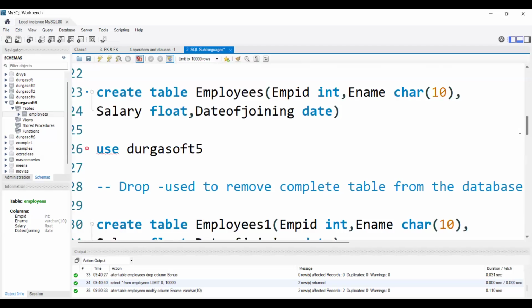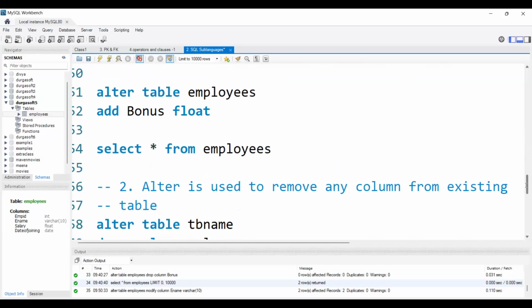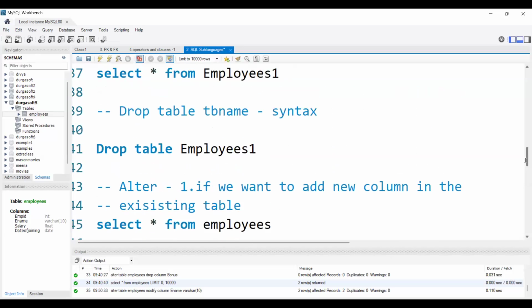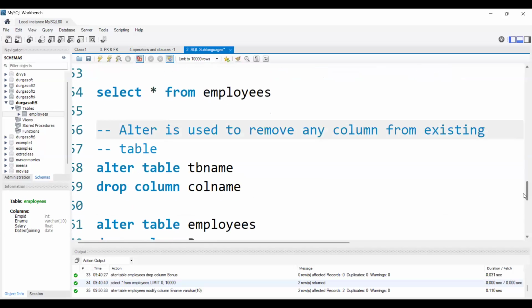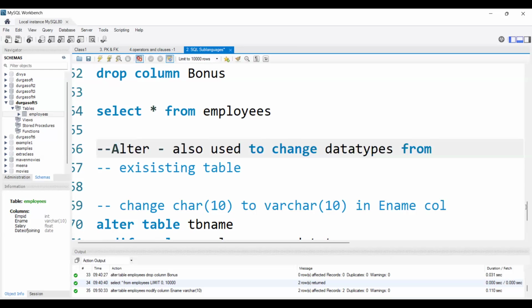The second use case was removing the column. The third use case inside the alter command is to change the data types.